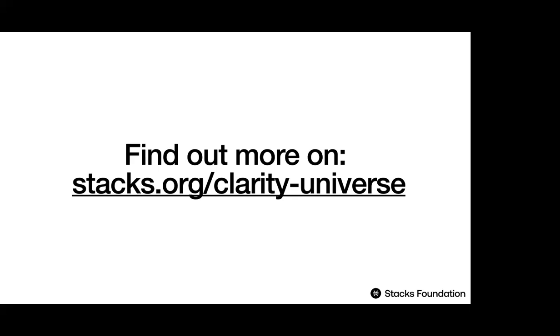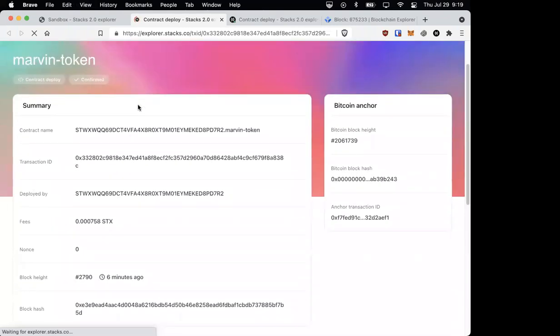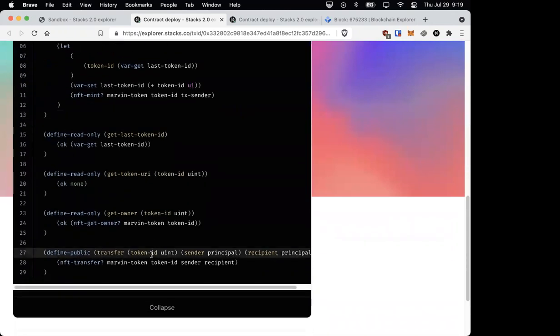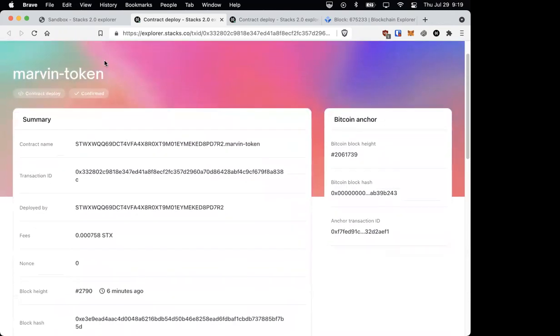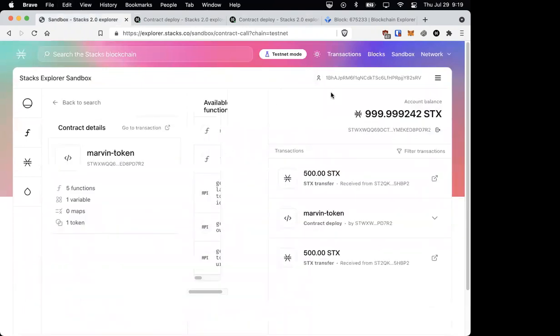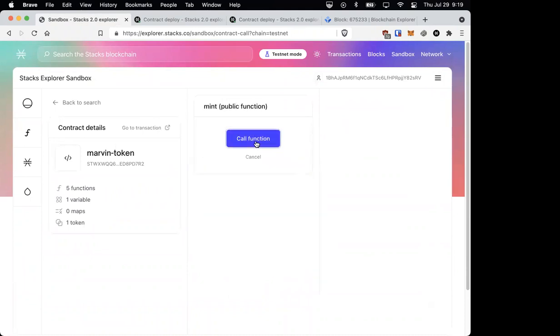Cool. Any closing thoughts from anyone? Maybe we can see if our token has deployed yet. Okay, Marvin token has been confirmed, as you can see. So let's try this out as a little close-off thing. We'll copy the contract link here, and we'll go to call a contract. We'll paste in the link, Marvin token get contract. Let's unfold this. All right, here are our functions. So let's call mint, call function,